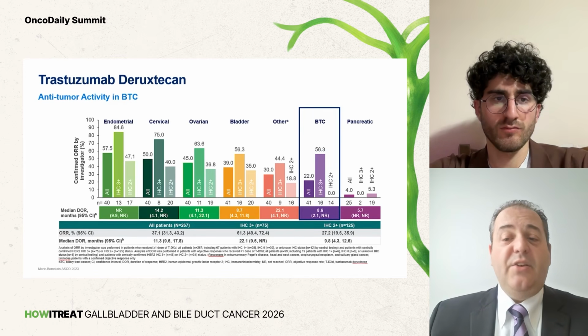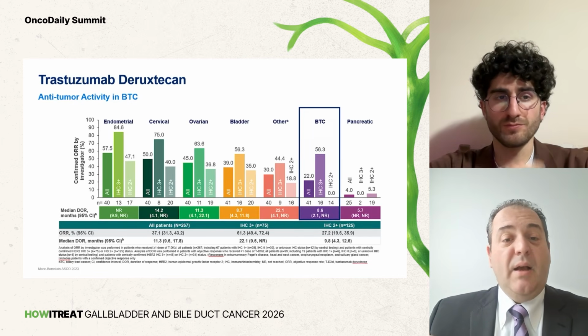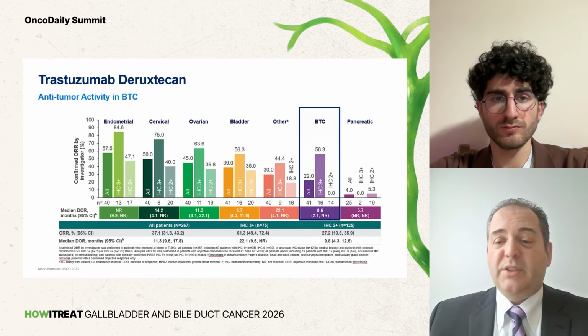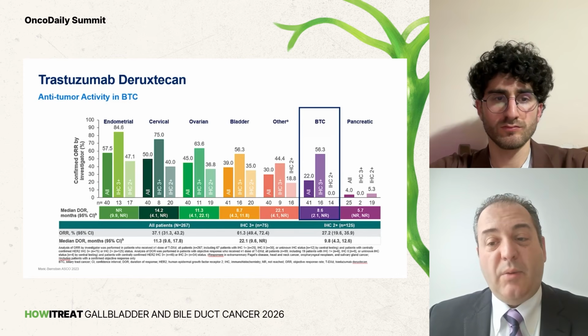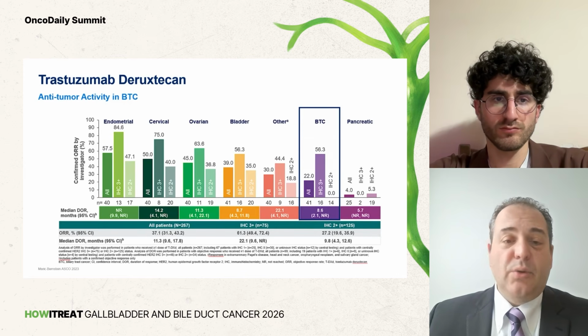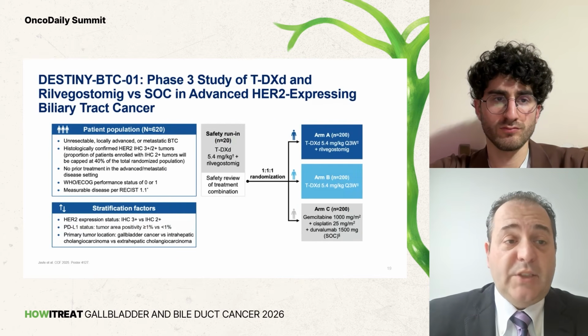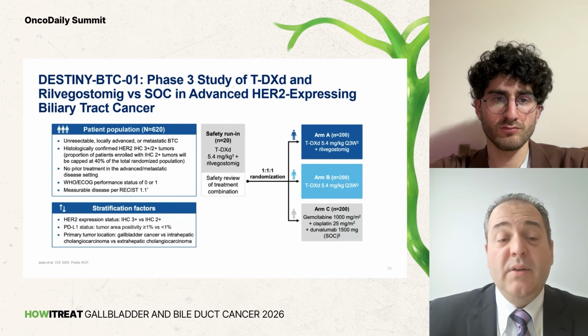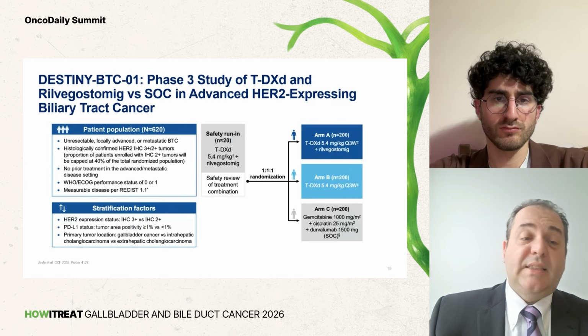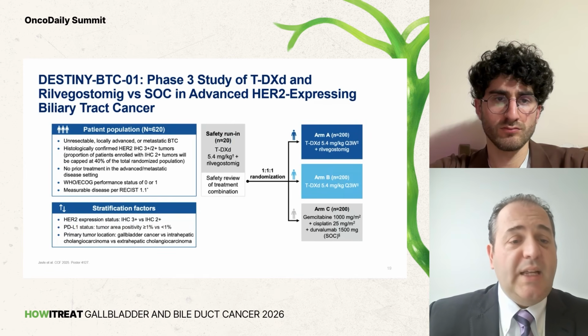And in this study, you can clearly see that the underlying site of the tumor may play a role in whether or not biomarker selection is important. So IHC2+ really doesn't respond well in biliary tract cancer, whereas it does, of course, for endometrial cancer. And so we need to clarify this. Based on these data, there's a global phase 3 study, Destiny BTC-01, that's looking at a similar patient population to the Horizon BTC-302 study,